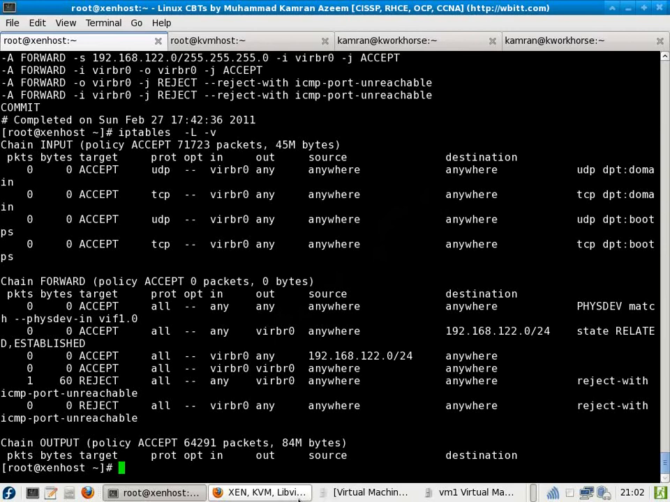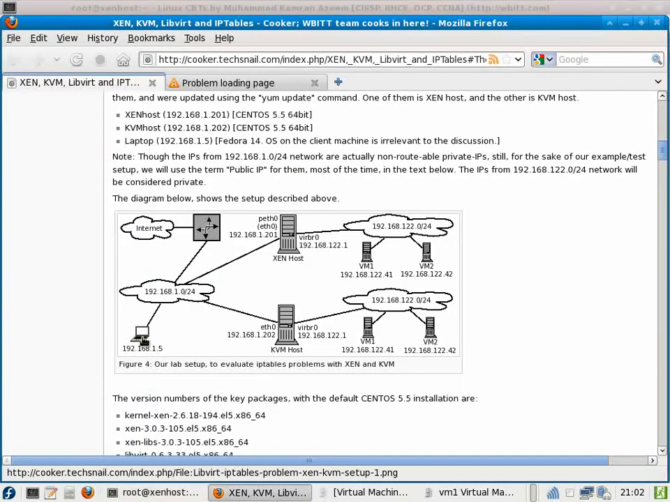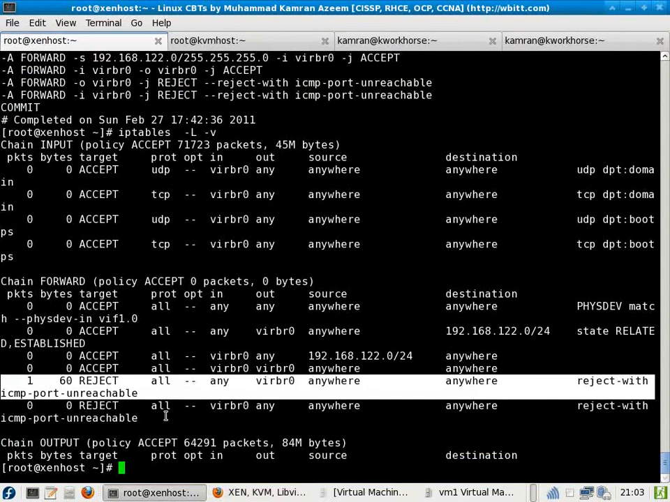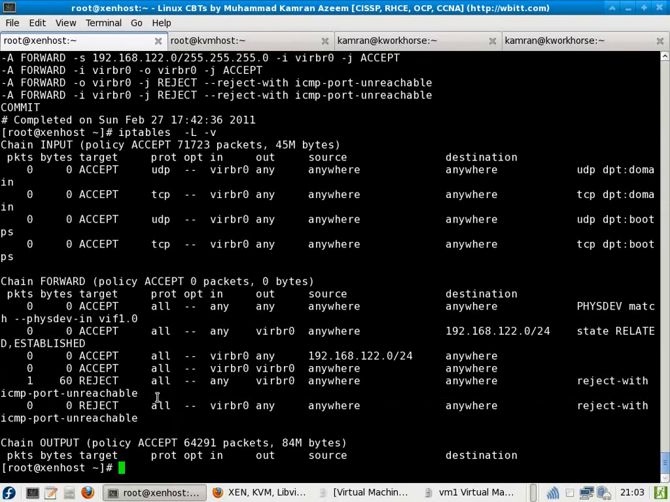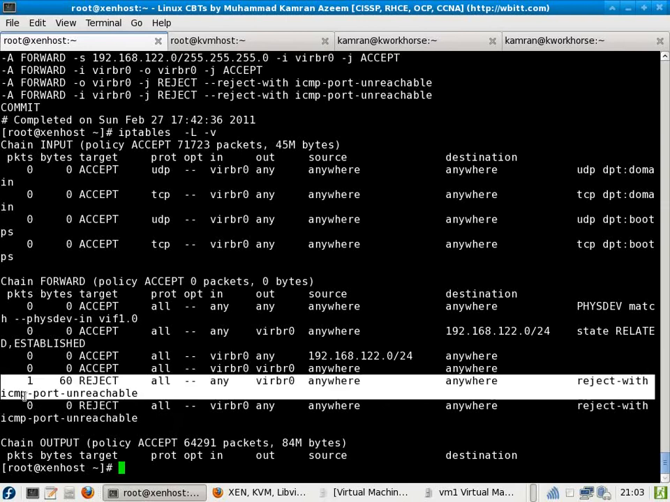Alright, so I explained to you that the packet we initiated from our laptop for the web page reached the XEN host, got redirected, and got sent through the forward chain towards VM1. But because of this rule, the packet got rejected in the middle and never reached virtual machine 1. Now there are two solutions to this, both temporary. One is that we delete this rule altogether, or we add our own rule which should come before this rule,